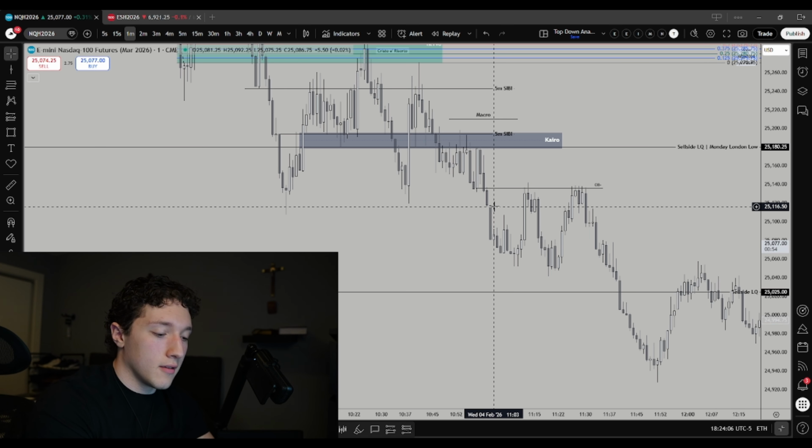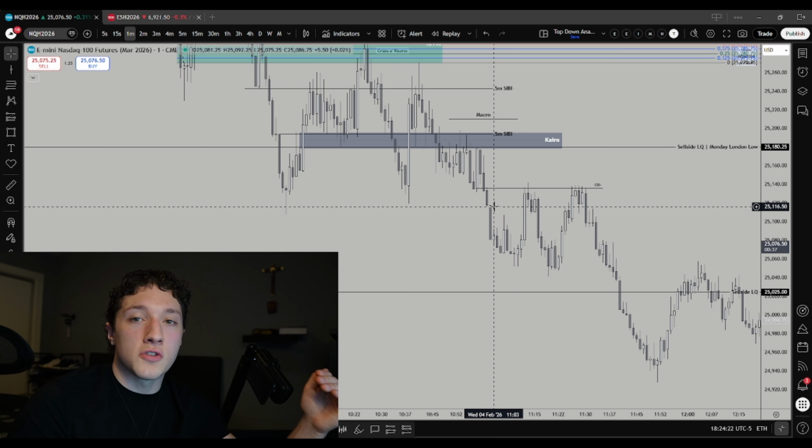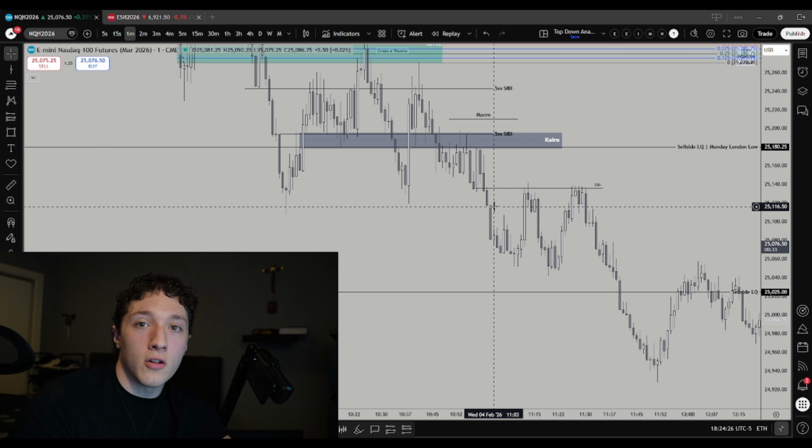That's the key. Right now, maybe you can't trade AM session. But right now, you can trade London. Well, you're going to have to trade London. It's not going to be perfect for you right now, but in the future it will be. And it starts with this. It starts with developing a model that you're going to stick to, that you're going to trade until, let's say, you can trade AM session